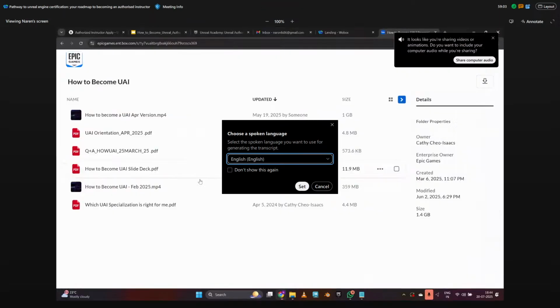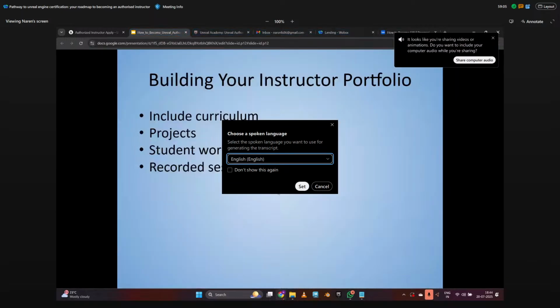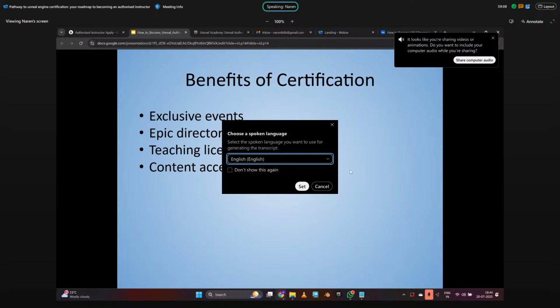So coming back. What are the benefits? These are the benefits of the certification. You'll be getting access to exclusive events. You can have this Epic directory listing. Your name will get registered in their Epic Games official directory. And like I said, if they get bulk requests from different corporates, even you can go and teach corporates. Whatever you want to charge is entirely up to you. All Epic Games will do is get industry connections. That's it. For how much ever you charge, in terms of Indian rupees, I can say 5,000 to 10,000.